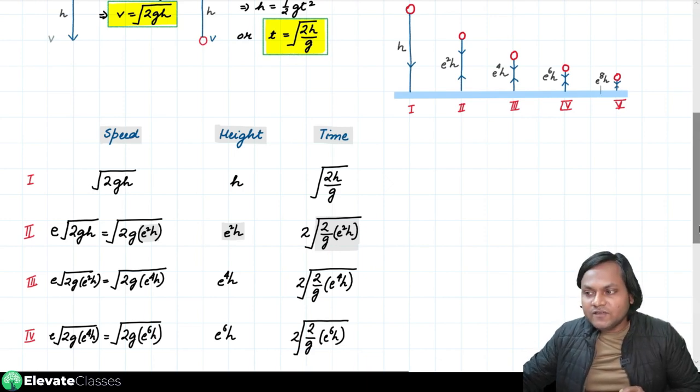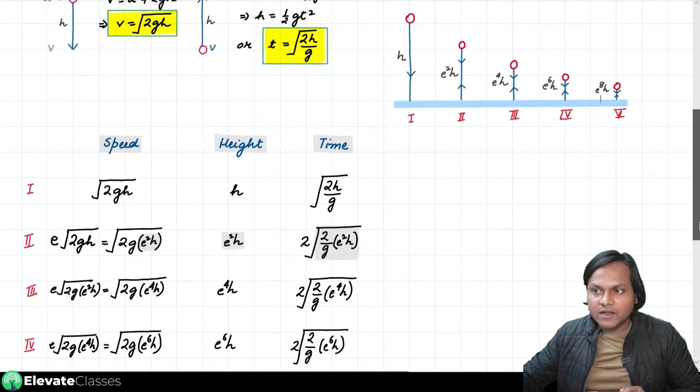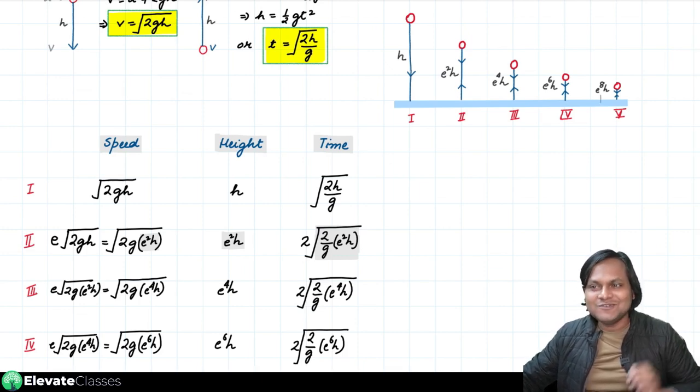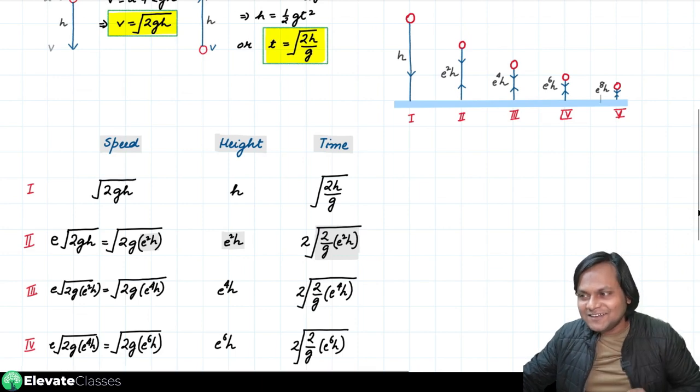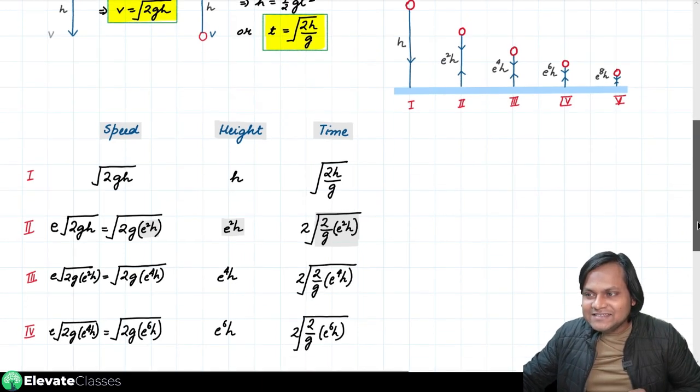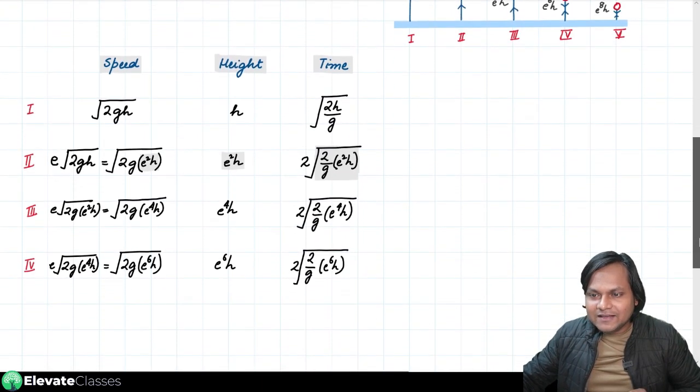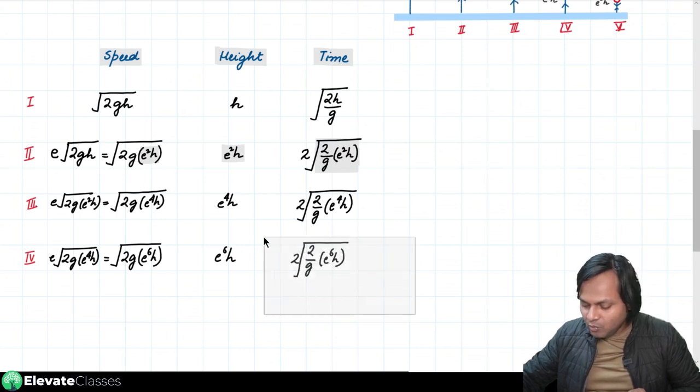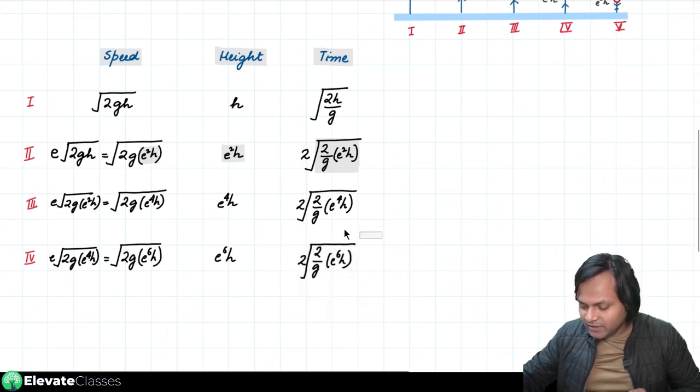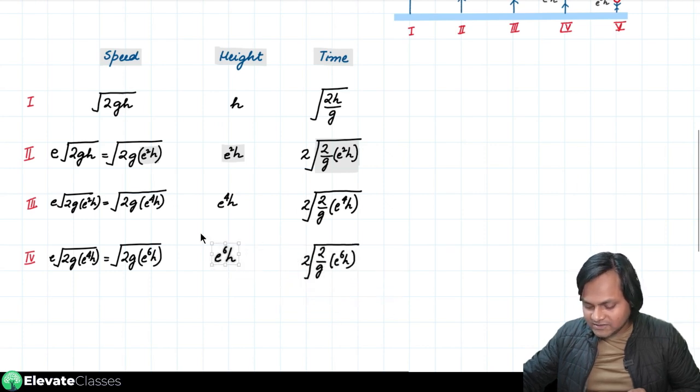So as you can see, in a theoretical problem like this, there are going to be, theoretically speaking, infinite bounces, one after another, with decreasing speeds and decreasing heights. So now what I actually want in this particular problem is that I simply want to add up all the time that it takes. That's it. Nothing else. I don't need to do anything else,